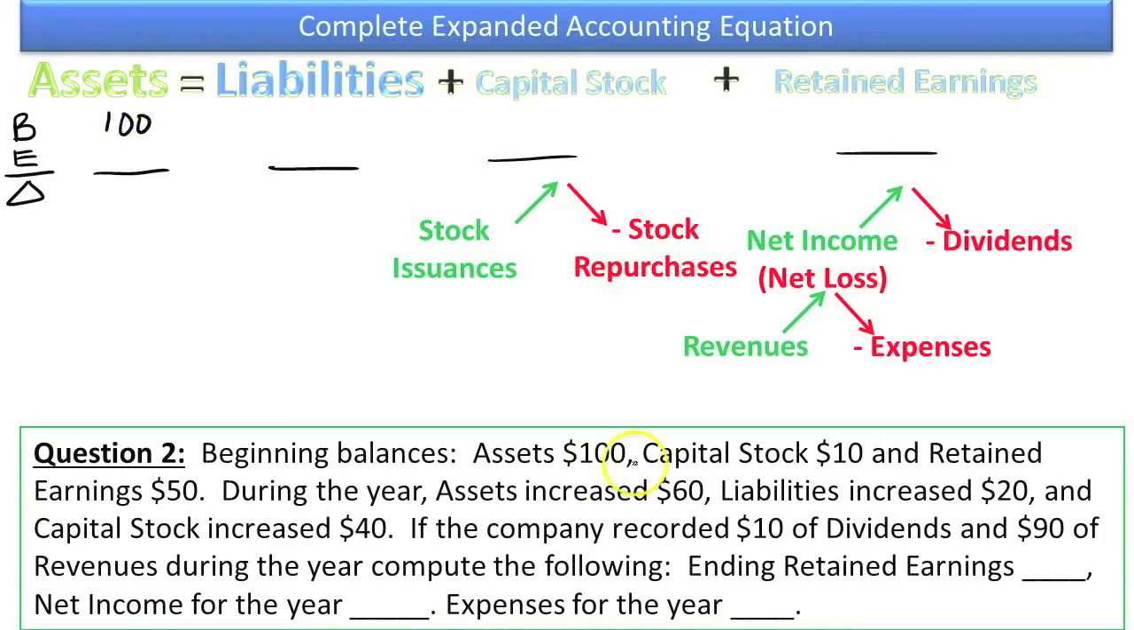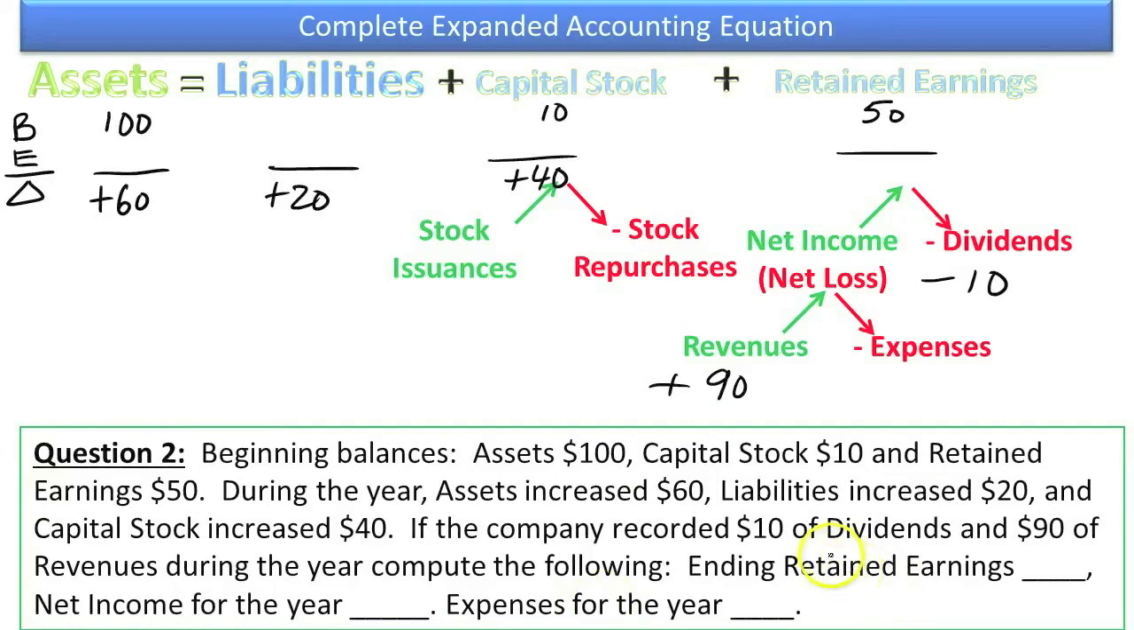$100 beginning assets. Capital stock had a beginning balance of 10. Retained earnings had a beginning balance of 50. During the year, assets increased by 60. Liabilities increased by 20. And capital stock increased by 40. If the company recorded $10 of dividends, reducing retained earnings, and $90 of revenues during the year, compute the following: